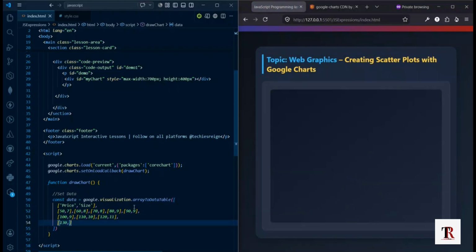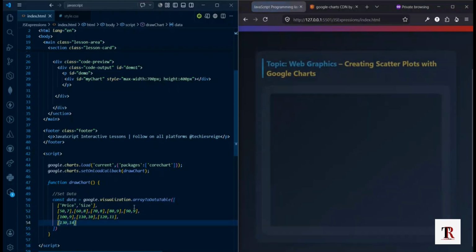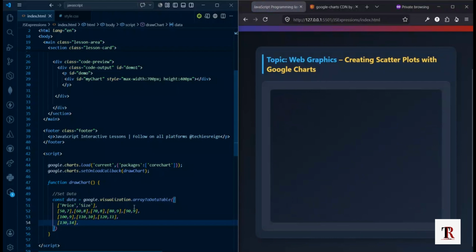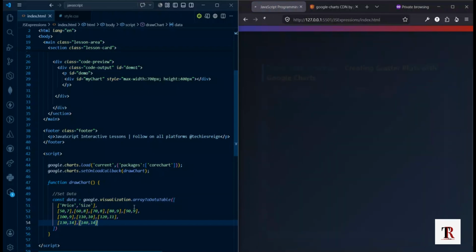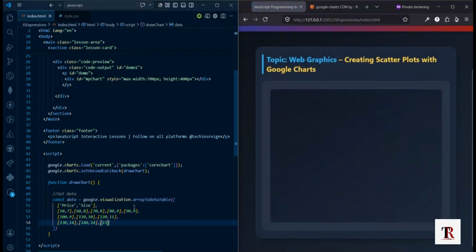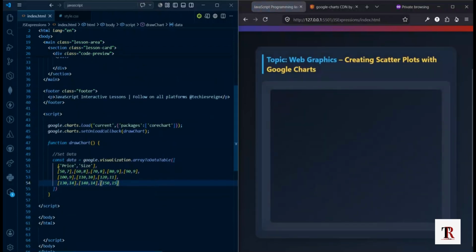So you can put everything on a single line. It's just for clarity's sake that I am splitting it into different lines. It does not matter whether you put everything on a single line or not. Let's stop at 115 and we'll add 15. So this is our data. This is an array of data in price and size. So what is happening here is that the first data will be mapped against the second data, and you are going to see it once that scatter plot is